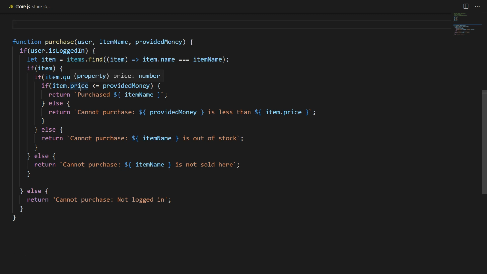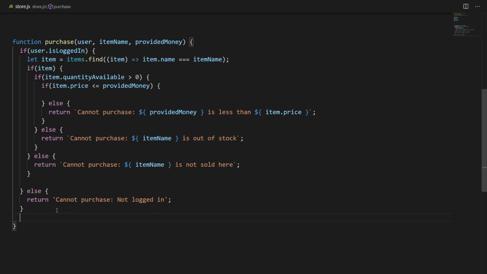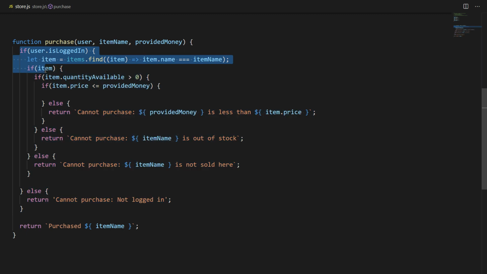So the first thing to do here is let's go ahead and establish our end goal. Our end goal is to get rid of this if and this else, and we want this official purchase message saying the item was purchased to go at the bottom of the purchase function. So we go ahead and move that down to the bottom. So we want to get here, and we want all the logic that checks to see that's not met to go up here. So the first thing we want to do is verify that the user's logged